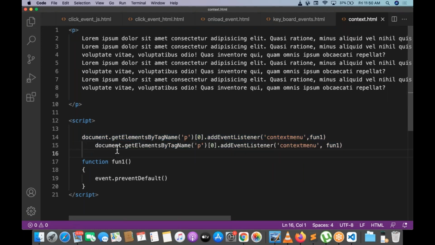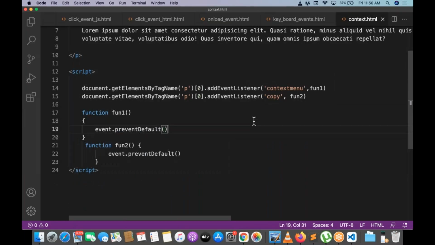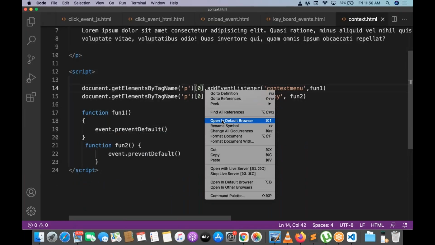Okay, let me work with one more event, like the copy event. For the copy event, I will change to function 2. What is function 2 now? Function 2: event.preventDefault. Now check it out.